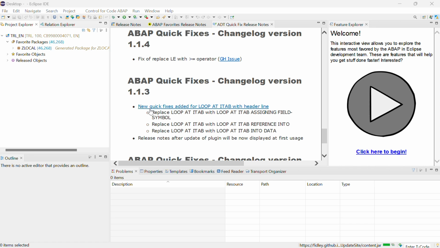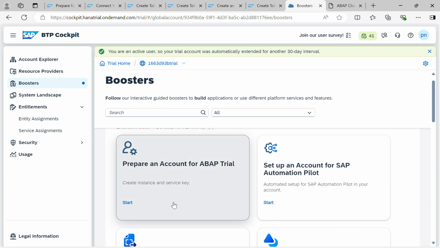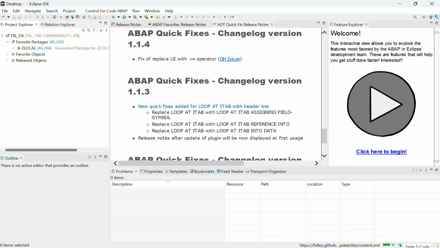So let's get started. In my previous video, I already showed you how to maintain an ABAP trial account in your BTP trial and how to configure that to your Eclipse system. Once that is ready, then we can start to create an ABAP package, a database table and an ABAP class. If you are not aware of this, please go through my previous video. Now in our Eclipse, click on the zlocal,